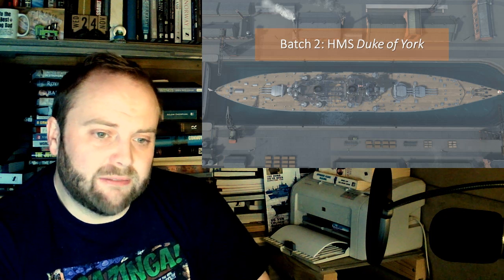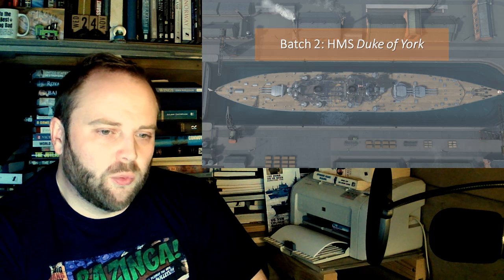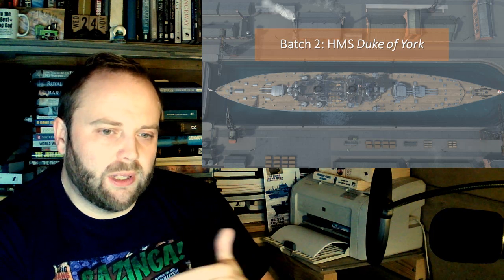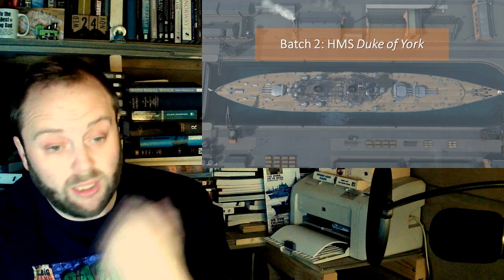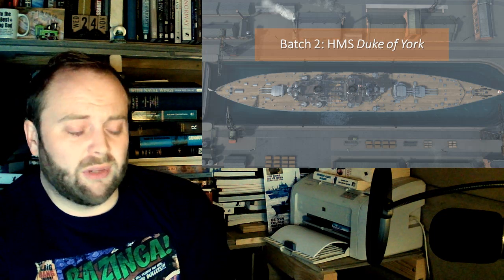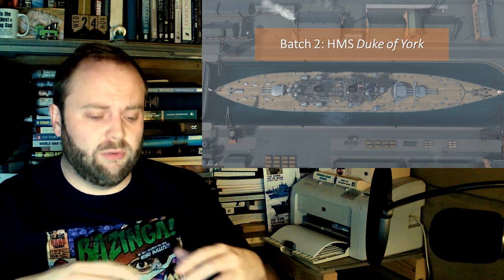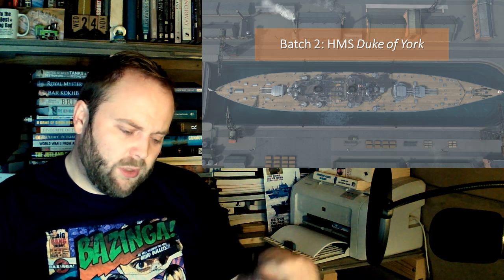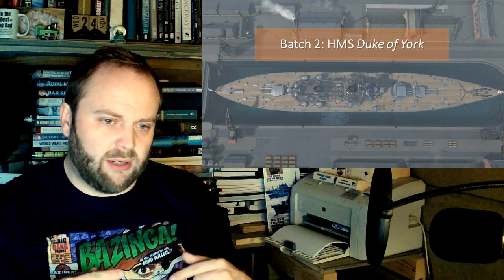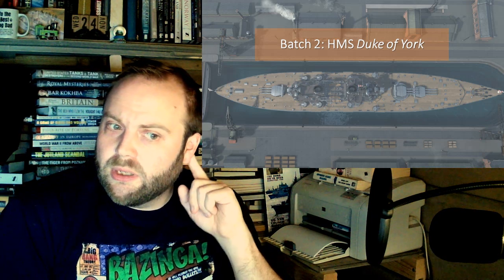Well, meet HMS Duke of York, batch 2 of my design phase. And I should note that the forward turrets went out and have gone back in. If you look at the next design, you'll notice they popped back in. And the reason is I kept playing around with their position, working out their range of fire. Again, that's one of the great things about this program, it allows you to look at their radius of fire. And the thing is, if I position them there, they have a wider range of fire and they can technically fire aft. And I can't do that with them further back, but it technically gives me the ability to have